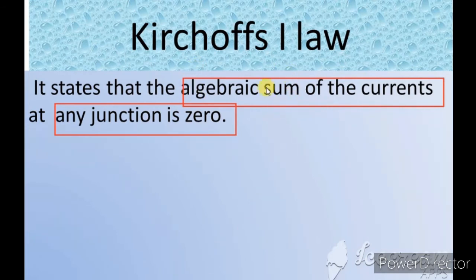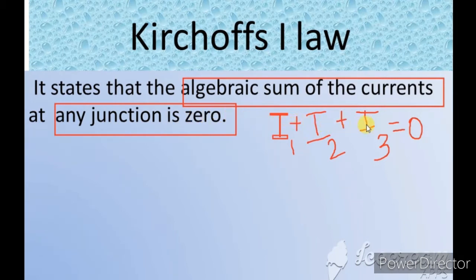Addition of. So when you consider the currents to be I1, I2 and I3, just for example, the algebraic sum of the currents, so when you add all these currents, that should be equal to 0. Okay, so that is your first law. Algebraic sum of the currents at any junction is 0. So if you add all the currents, that is equal to 0.